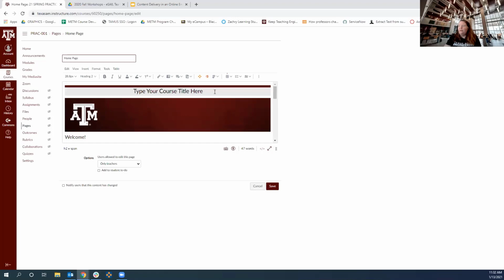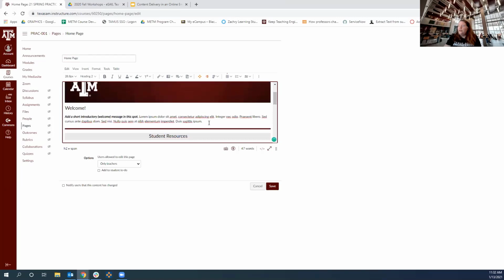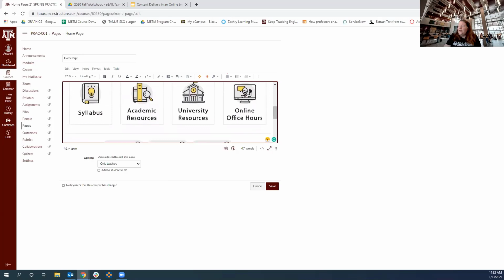One thing you really want to do is, again, type your course title, make sure that all the Latin words are replaced or deleted. You have the syllabus here, and I'm going to click on that in a minute and show you that area. And you have some of these other things, and these are images that link to different areas in the course. So we already saw some of those. The academic resources were within that module that was published. The syllabus right now was within that module. There's a special one just for the College Station campus. And if I hover, I can see that's where it's pointing to.